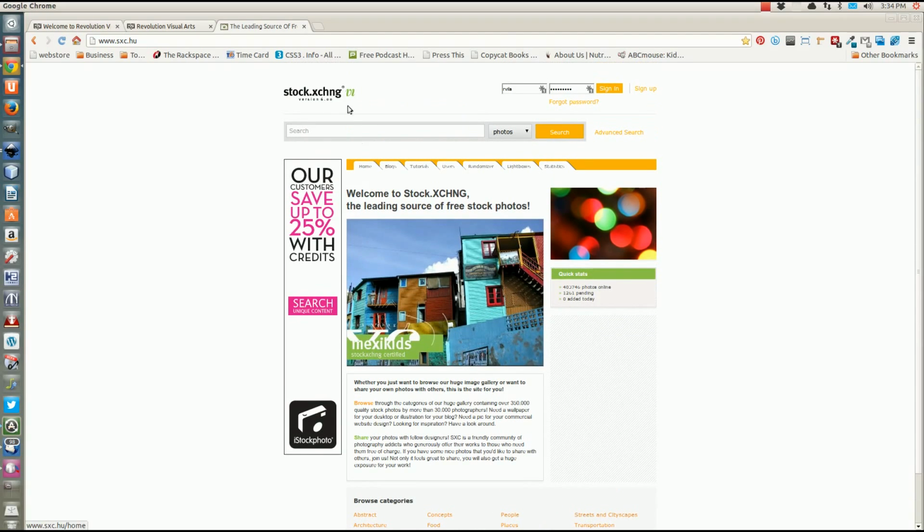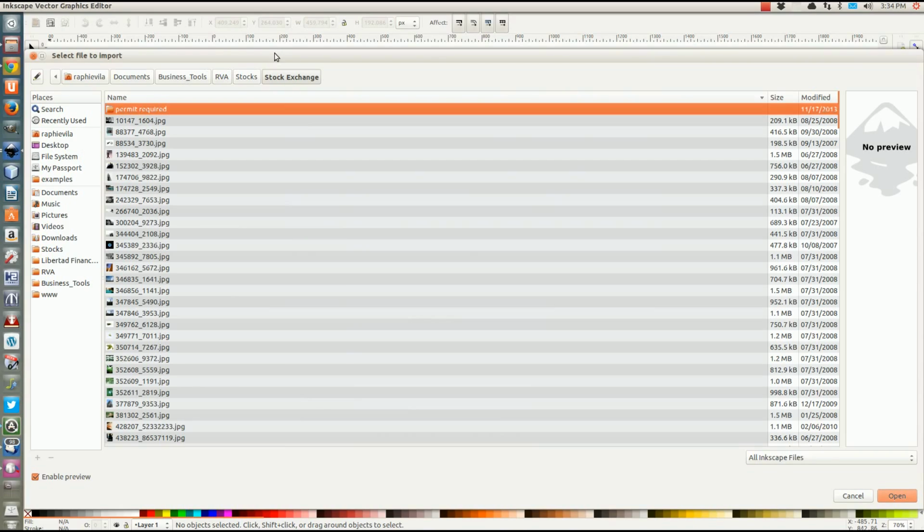They have a paid version called iStock Photo, and they were bought by a big company, Getty Images. You're going to get nice photos on this site, and most of them you don't have to give any credit, though I suggest giving credit. Those people work hard and spend a lot of money on photography, so I suggest giving credit to whoever